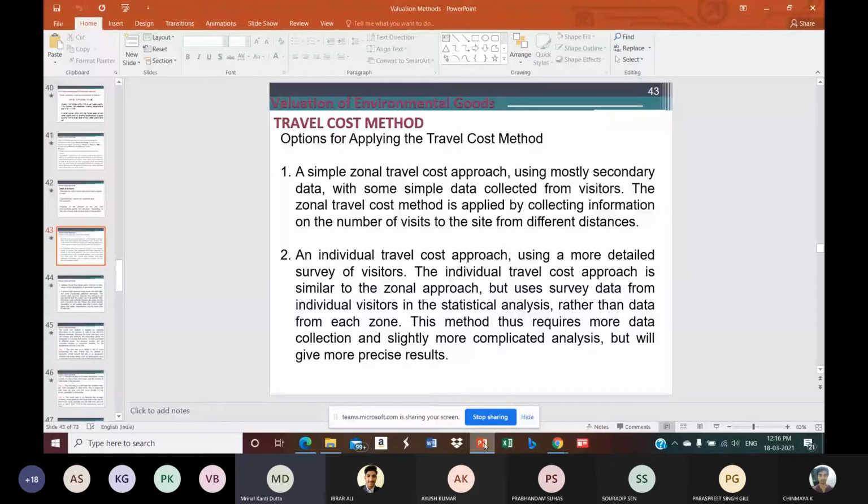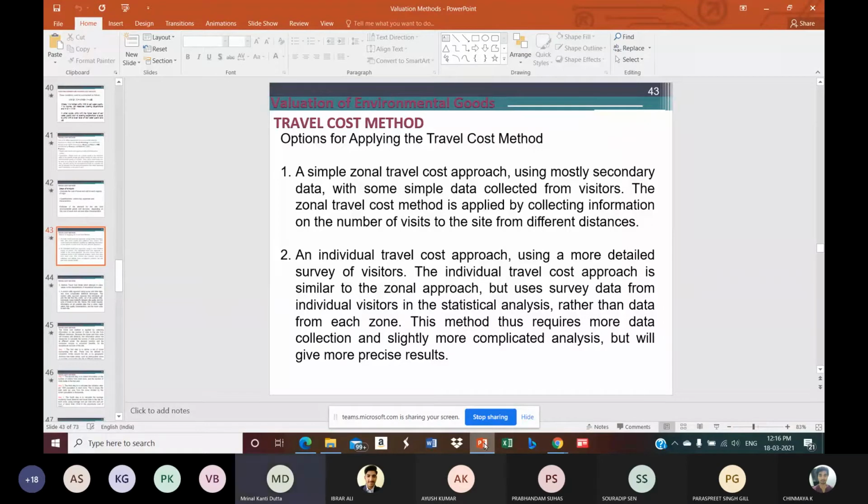the places of destination. The other approach is to apply an individual travel cost method in which more detailed surveys of the visitors are carried out. So in this case, as I pointed out, there might be different instruments of collection of data. It might be questionnaires, it might be schedules, all those things. So sampling has to be designed. And of course, there are issues out there. Certain sampling bias might be there. It's better to take care of those things.